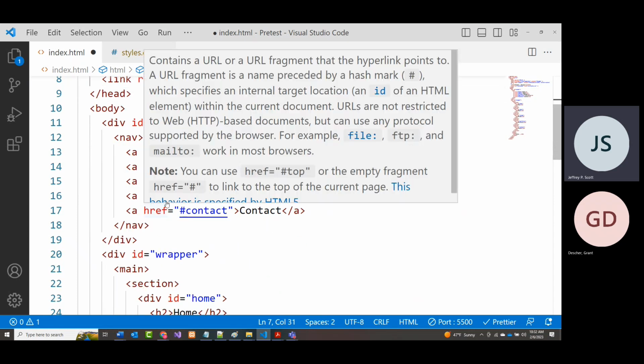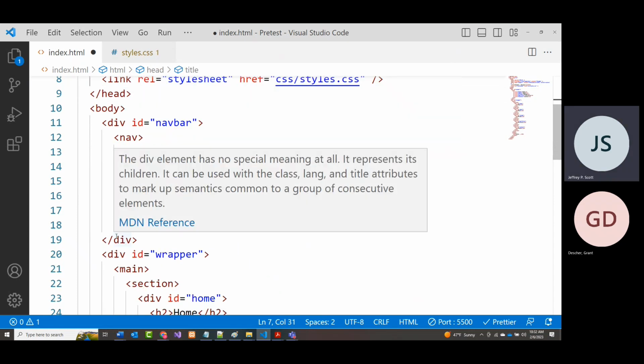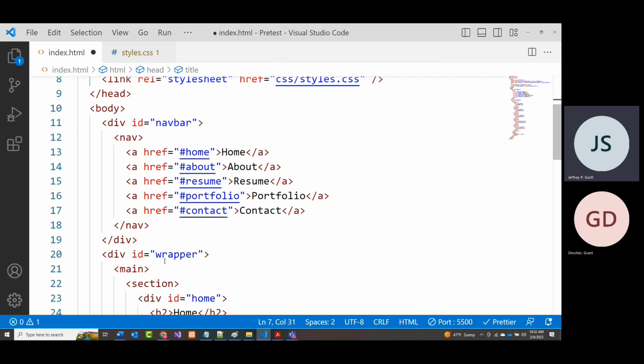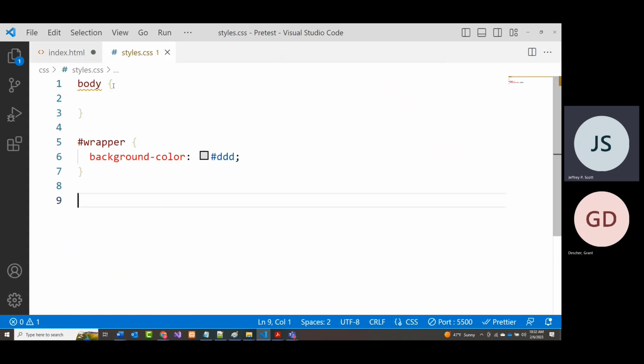Got my div ID equal wrapper. All right. Now let's see, what did I change? I don't think I changed anything in here, but I think I started to make changes into my CSS file. So I wanted it to start having some form and function, or whatever you want to call it. All right. So for my nav bar,